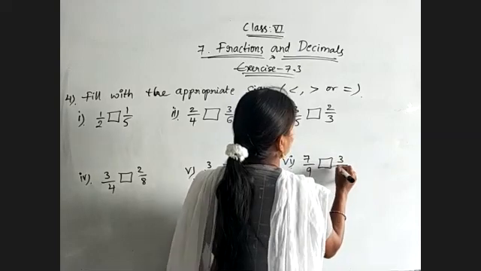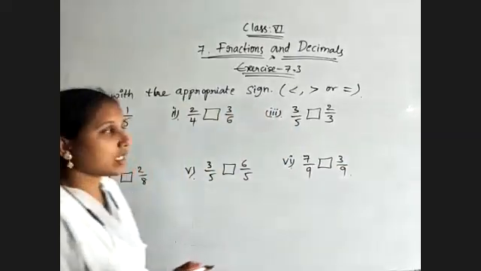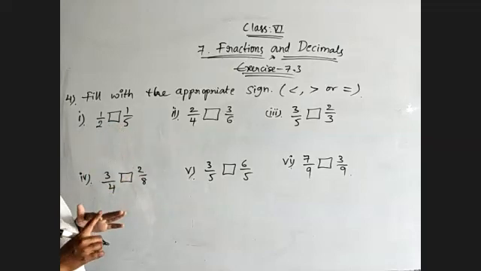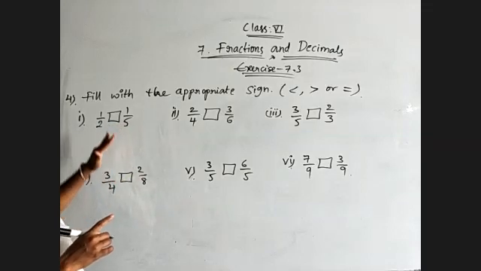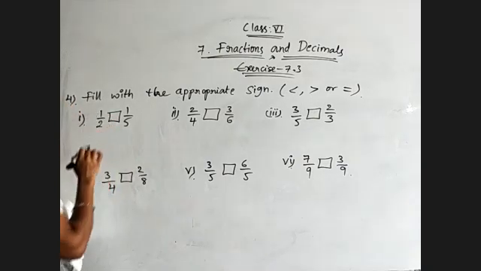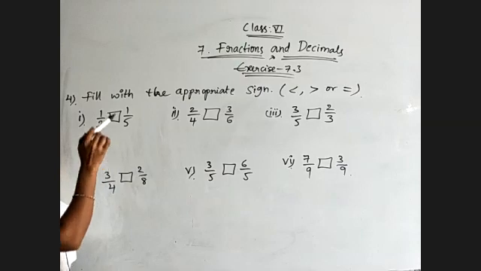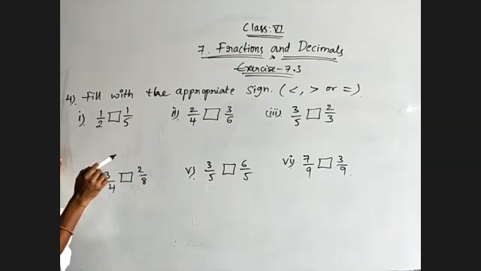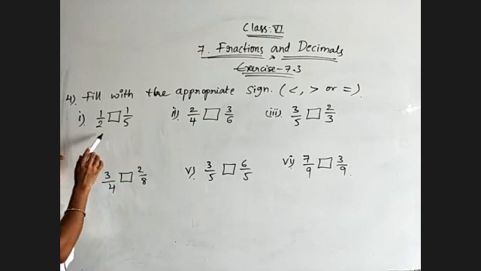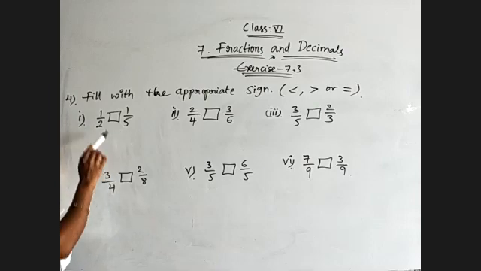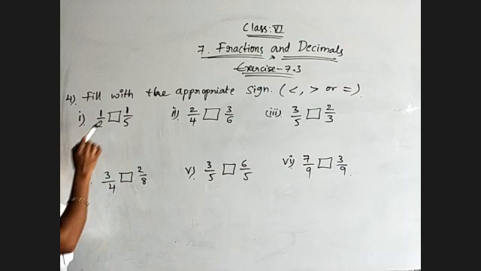3 by 9. So here all the fractions, among the two fractions we need to decide either they are equal or greater or whatever. Just observe here. First of all, check whether those are like fractions or unlike fractions. Not only for comparison, in case of addition and subtraction also we are checking whether the given fractions are like fractions or unlike. So observe here, denominators are different. So unlike, but numerators are equal in this case.